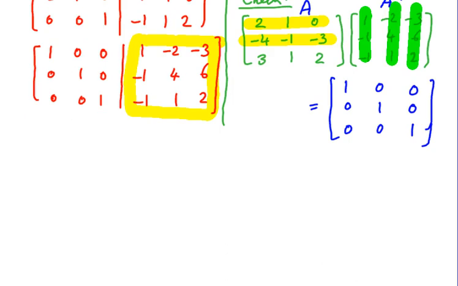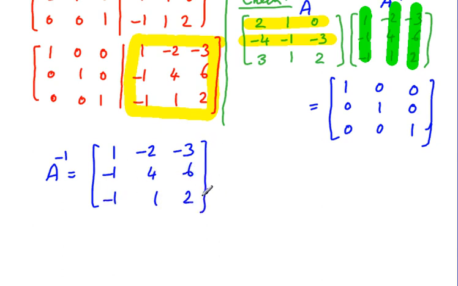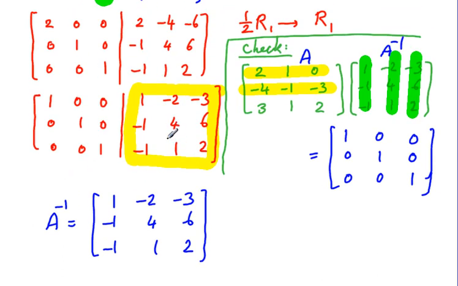So once our checking is complete, we say we found the A inverse, and that is 1, minus 2, minus 3, minus 1, 4, 6, minus 1, 1, 2. Now it is quite rare that the answer comes out to be so nice with all entries being whole numbers and such. It's a super rare situation, but many problems you encounter are kind of like this, or slightly more complicated with a few fractions here and there. In real life, all entries are decimal numbers, and the process becomes actually laborious by the time you want to get to the bottom,